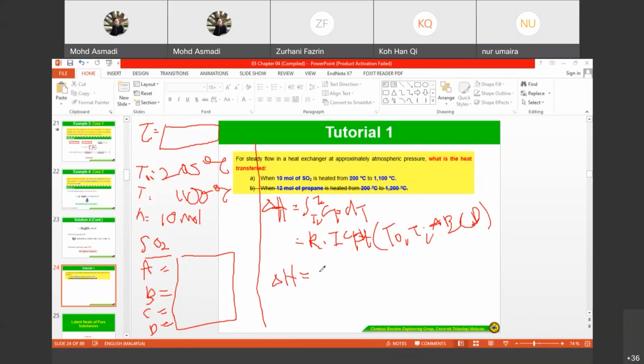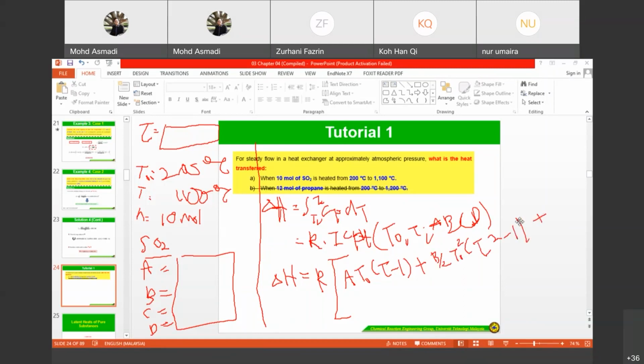R times A T naught, tau minus 1, plus B divided by 2, T naught power of 2, tau power of 2 minus 1,